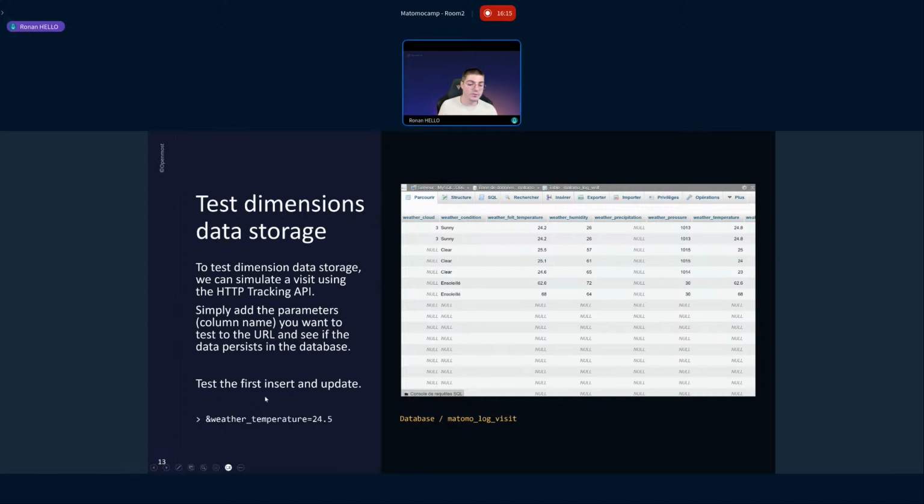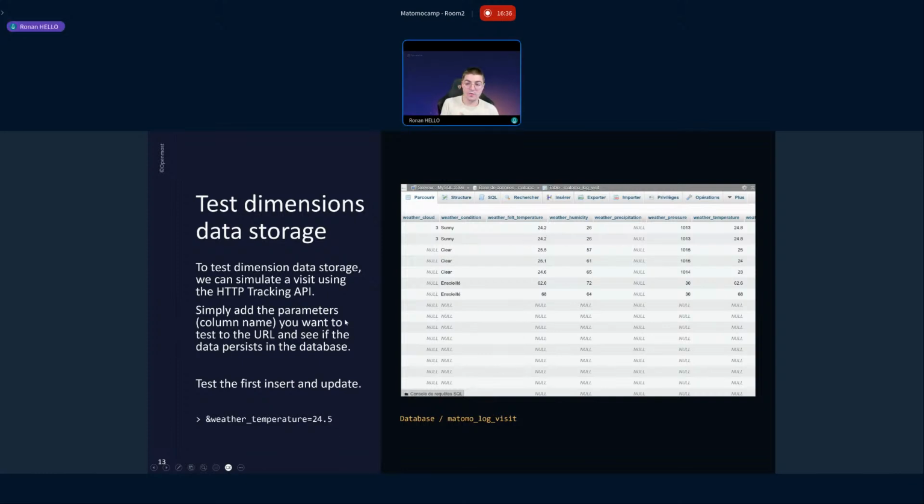If you want to test your custom dimensions, you just have to add to that URL the name of the column in the database, and a fake value. If you add this to the current URL, obviously Matomo will keep that value and store it in the database.